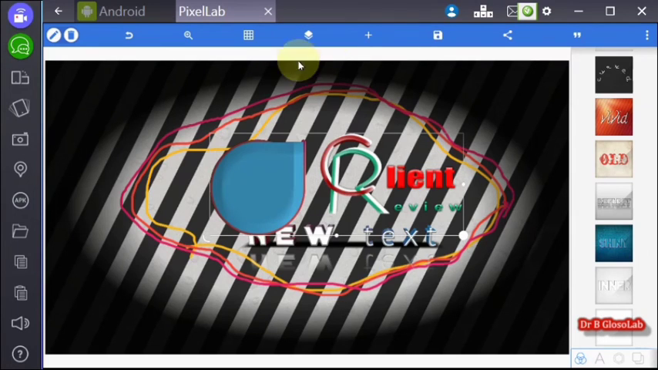For those who want to be working with grids, if you want to be able to work with grids, you're going to come here and